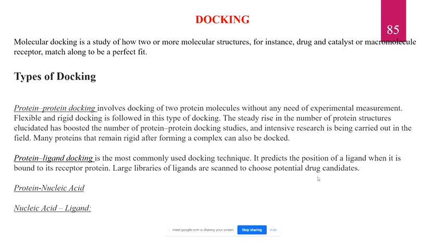Okay. So generally there are four categories of docking: protein protein, protein nucleic acid, protein ligand and nucleic acid ligand. Now among them, the most problematic ones are protein and protein nucleic acid. And why is that? If you consider protein, there are a lot of different binding points for a particular protein. But in case of nucleic acid, there are only two points where the protein generally binds. One is the major groove, another is the minor groove. These are the two major points where the protein or any ligand might have access or binding to this nucleic acid.